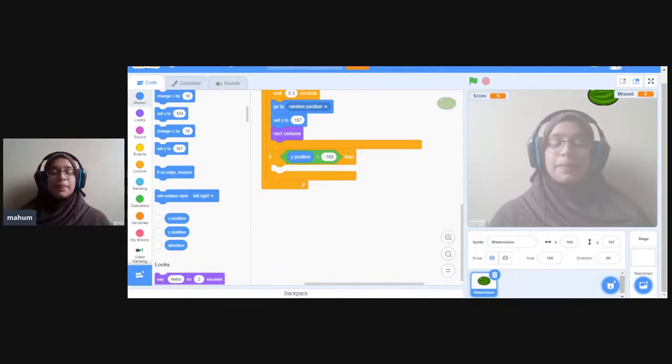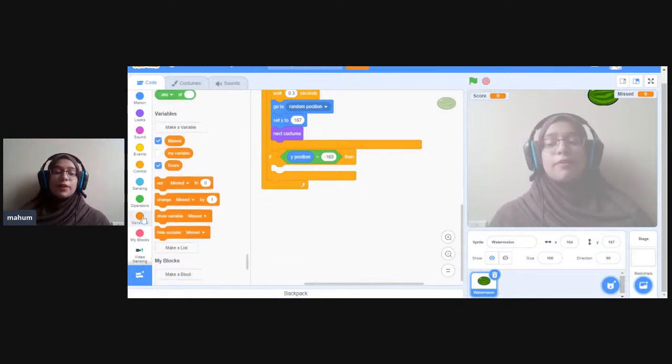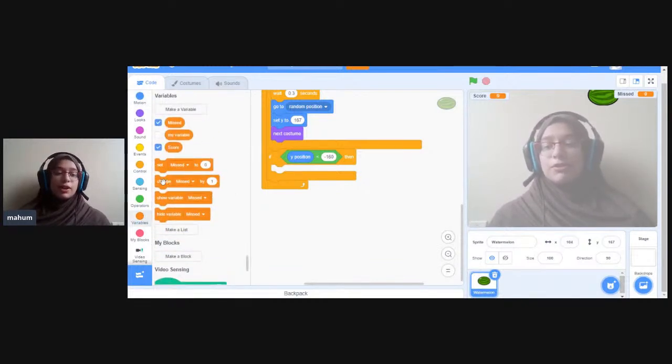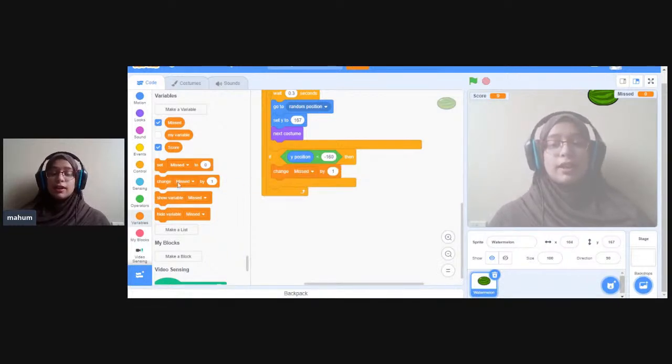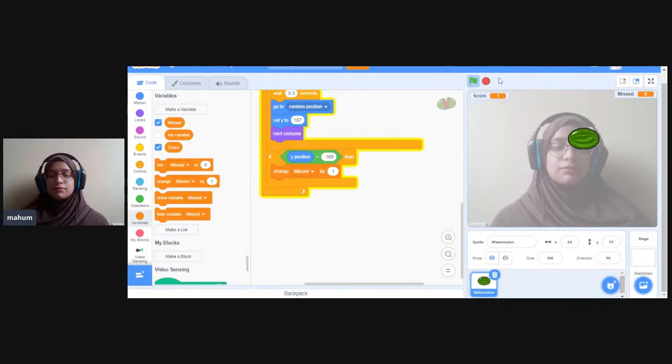What should happen? We should change our missed points. So we're going to go to variables again and grab change missed by 1. Change is your second orange block of code. Change missed by 1. Awesome. And we're just going to give it a little bit of a delay. If we don't give a delay and we miss the fruit,